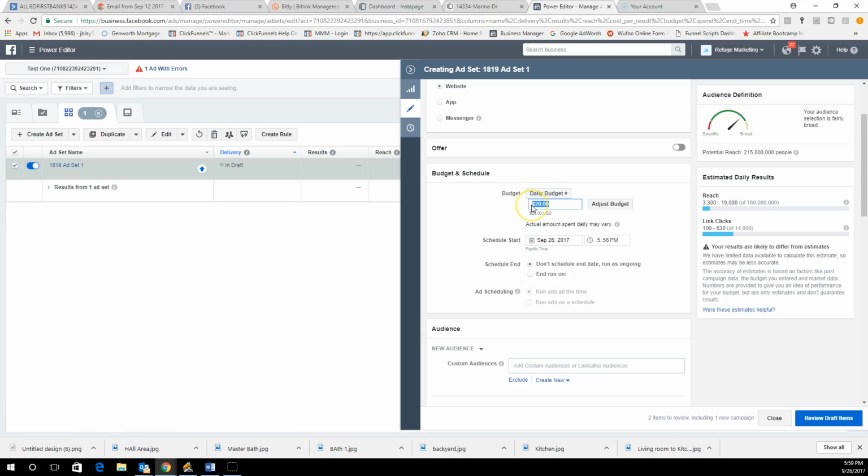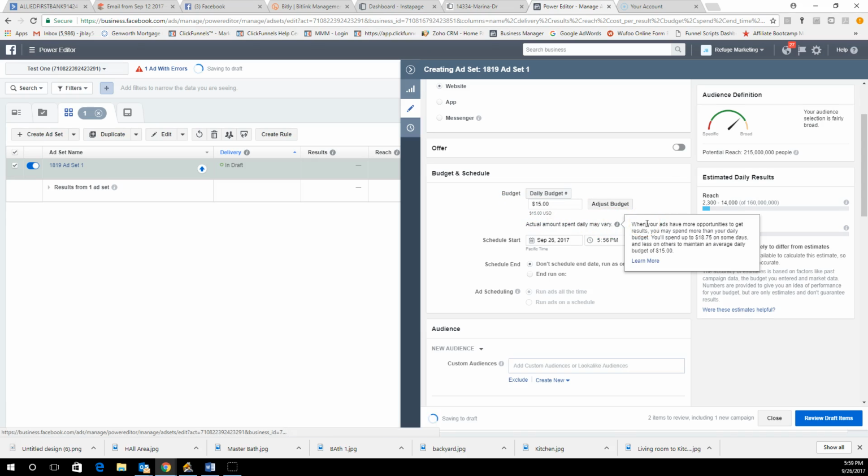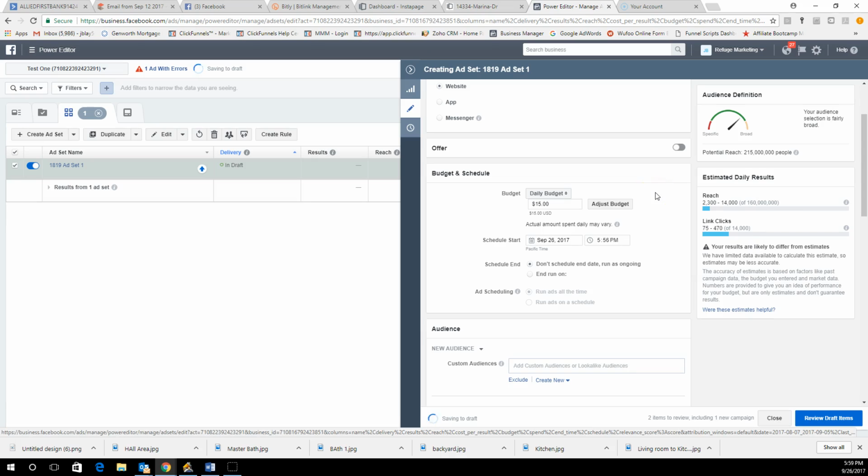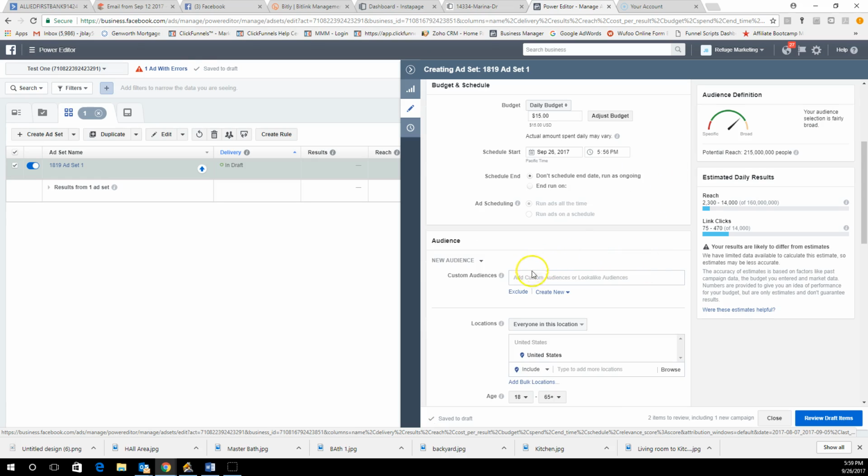When I'm doing an ad like this, I usually like to start with about $10 to $15 a day, just kind of test it out, see what's happening, and if it's not doing well, we've got to figure out if it's the wrong ad, wrong property, wrong targeting. But usually it's the wrong property or the wrong types of pictures, actually. There's various reasons, but you can schedule it if you want. I don't. I'm just going to put $15 a day and kind of watch it. Now,